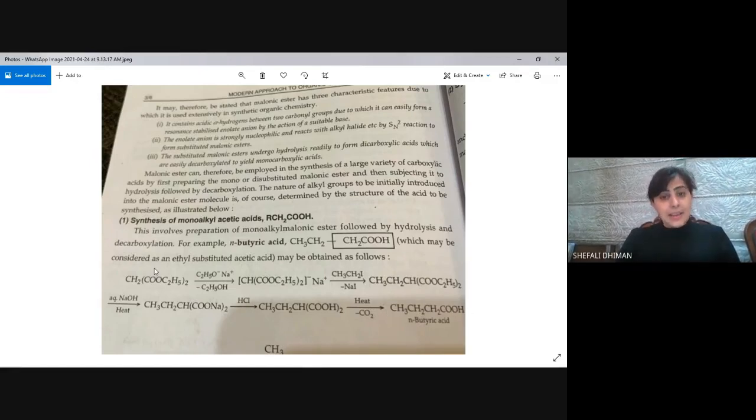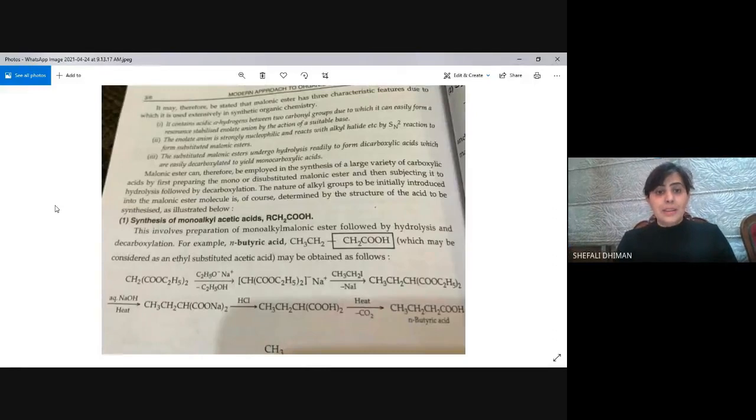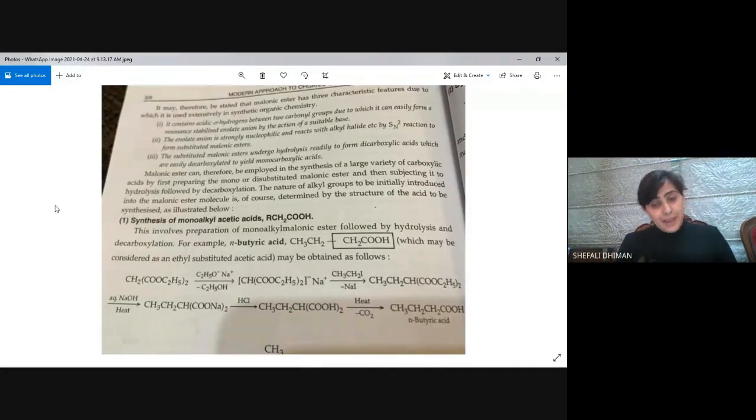So this is a very easy example and the simplest reaction to illustrate the importance of malonic ester compounds to prepare various kinds of organic compounds. So they are used in the synthesis of a large variety of carboxylic acids. You can prepare a dicarboxylic acid, you can prepare a monocarboxylic acid, you can prepare straight chain acids, you can prepare branched acids. You will be seeing it in the next type. Next reaction, we'll be preparing isovaleric acid. So we'll be preparing the next acid in the next class.